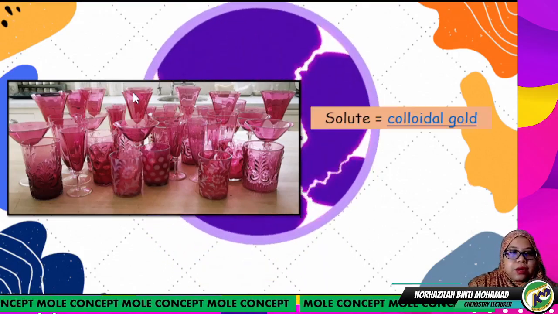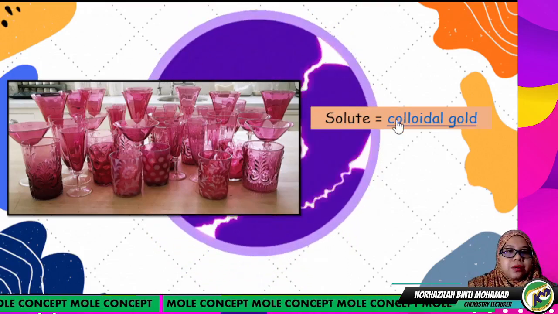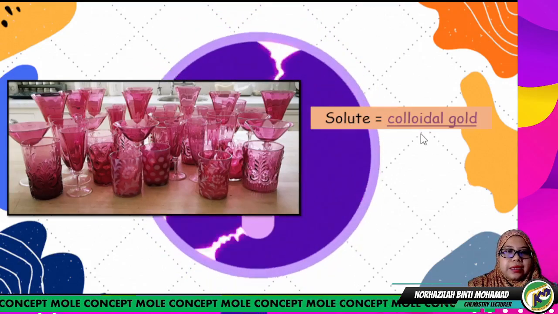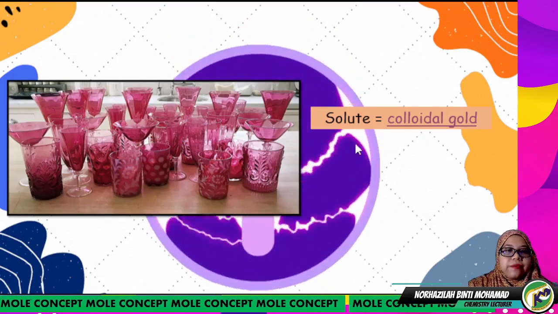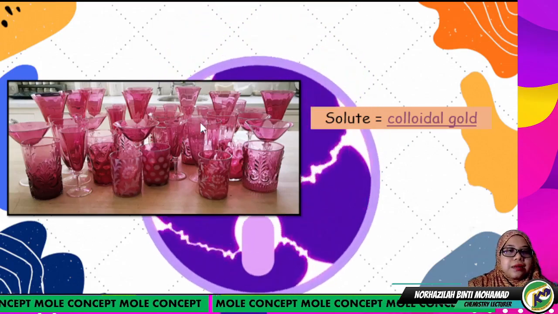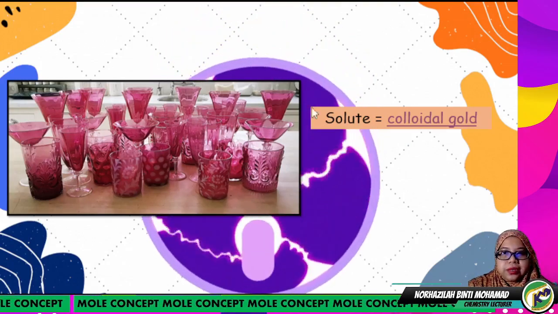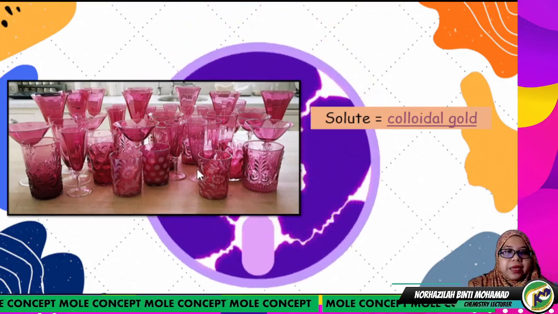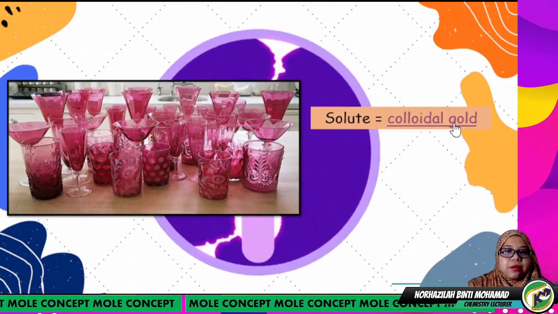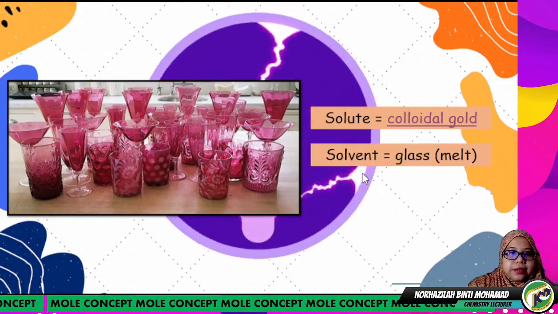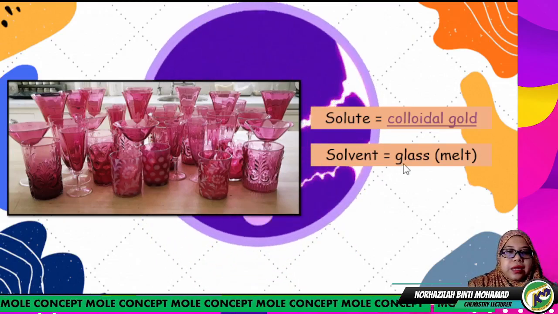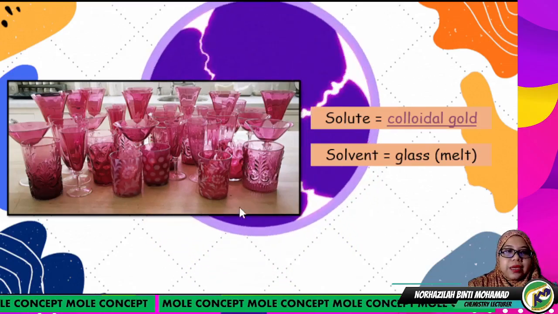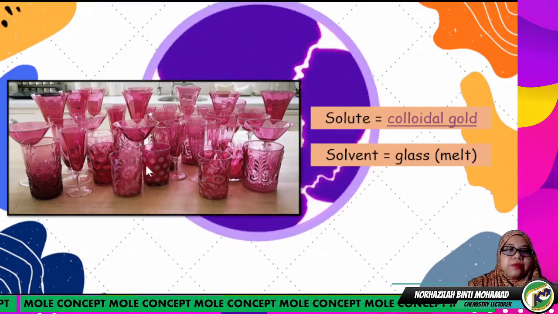Okay, so it is made from the solute, which is colloidal gold. Colloidal gold is gold that is dissolved in water, forming a pink color solution. Okay, gold dissolved in water, forming a pink color colloid that we call colloidal gold. And then we have the solvent, which is glass that we melt first, and then we mix it together, and then it will form